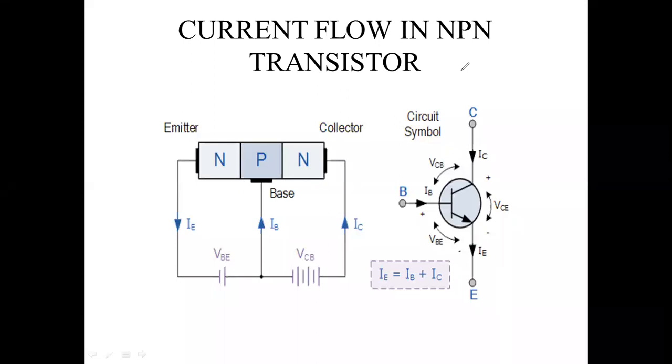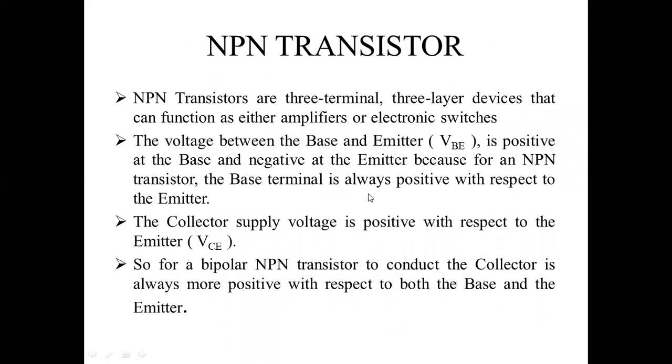Yes sir. So that one only. One minute. So next, they have given the explanation here. VB is positive at the base, negative at the emitter, because it is an NPN transistor. Whatever I have explained with the diagram, they have given here now. I will read it if you want.